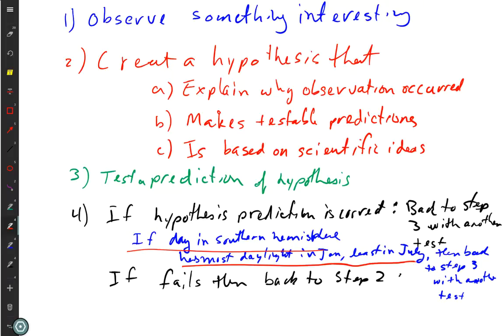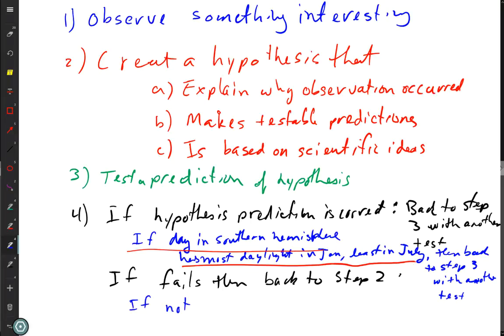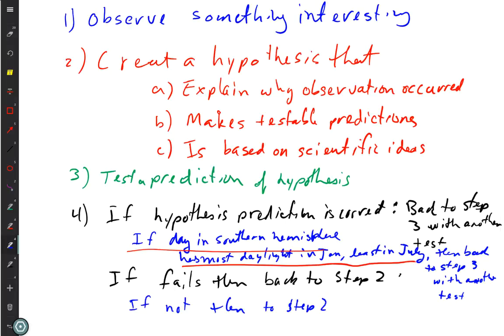And then you would have the second statement. Let's just say if not, right? Because if not what we observed, then to step 2. Right, so you have, this is what I predicted. If that's what occurs, then I go back to step 3 and test differently. If it's not what occurs, then I go back to step 2 and modify the hypothesis because I have more